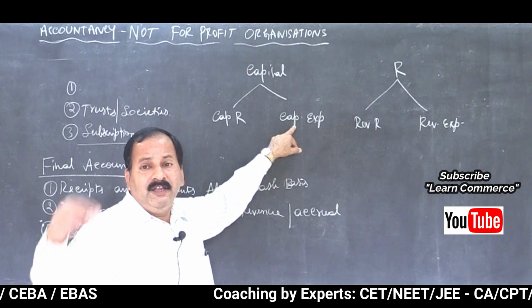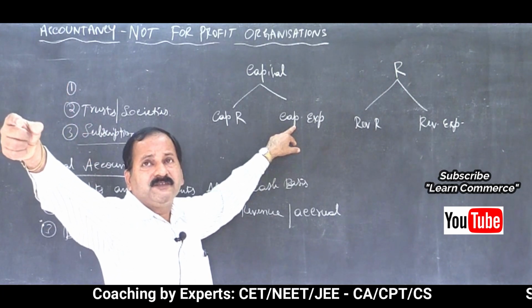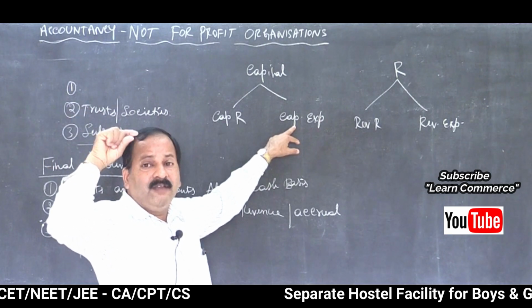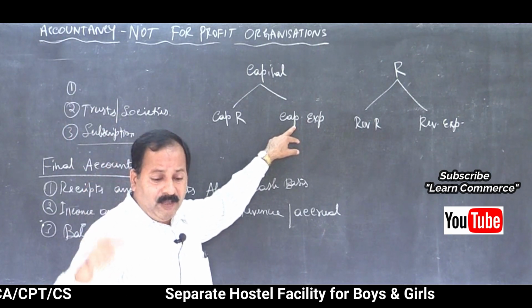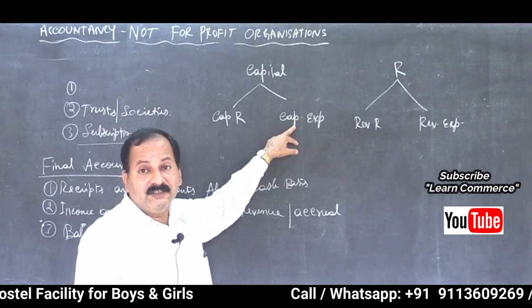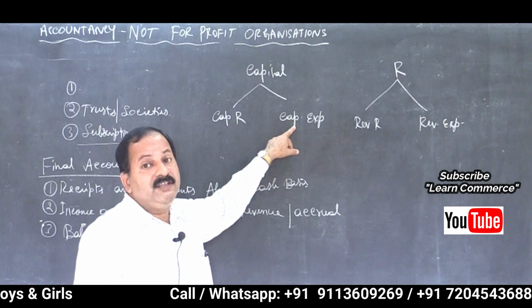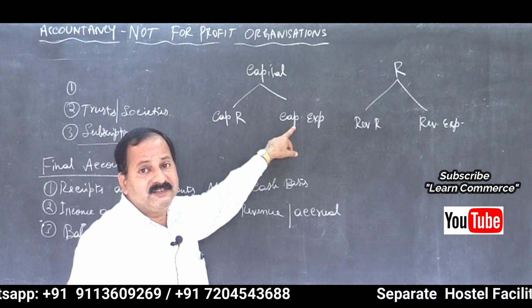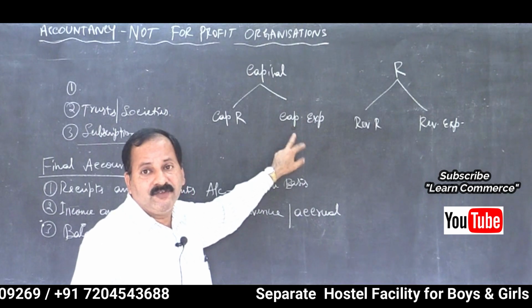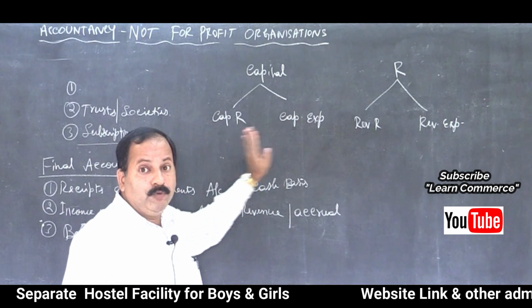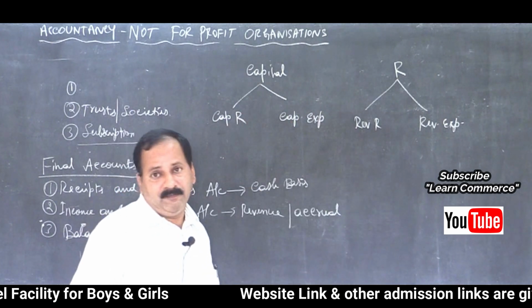We have invested to purchase maybe a small room or building, or we have purchased ceiling fans, or a table, desk and all these things for our concern, which give long-term benefit to the concern. That is capital expenditure. This is expense, this is income, isn't it? But both are for a longer period of time.